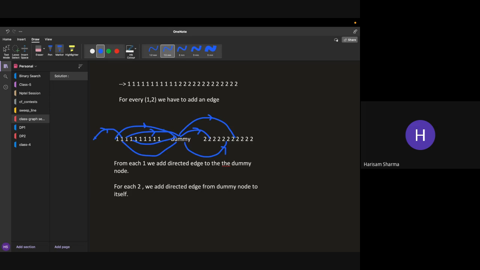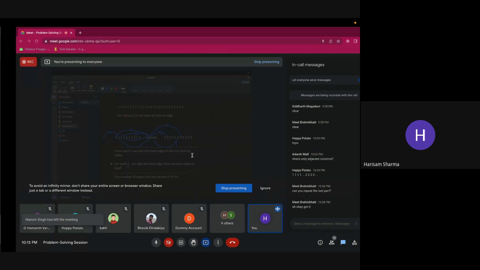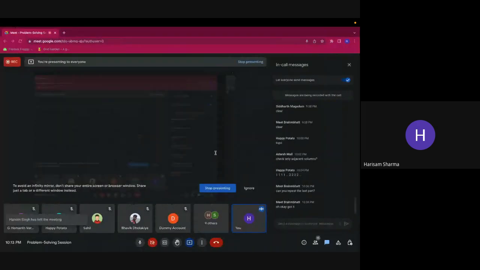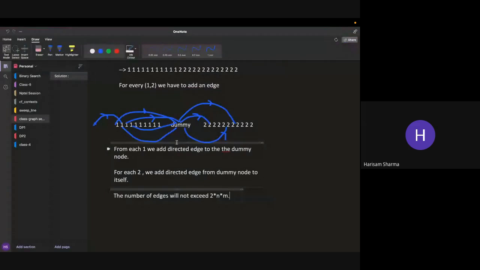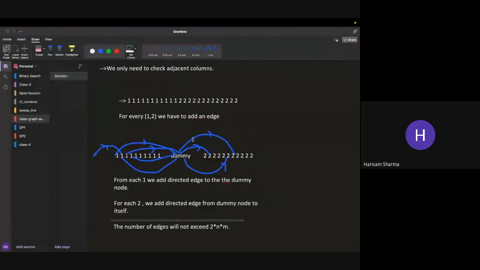So the number of edges will not exceed 2 into n into m, and nm is 10 to the 5, so 2 into nm edges are just fine for us, and that will do our job. Now we have a graph with a limited number of edges that we can deal with,